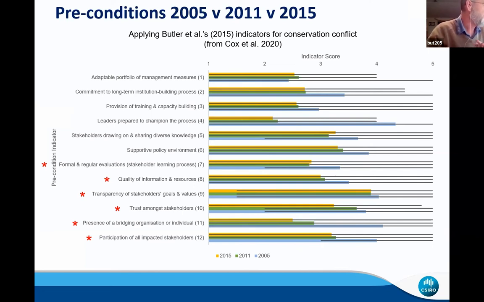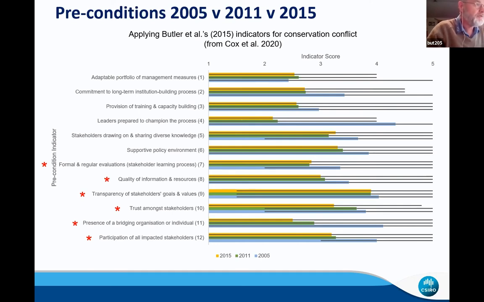And those were formal and regular evaluations, and as a proper stakeholder learning process, quality of information and resources, the transparency of stakeholders' goals and values, trust amongst stakeholders, again, very important, the presence of a bridging organization or individual or facilitator, and finally, participation of